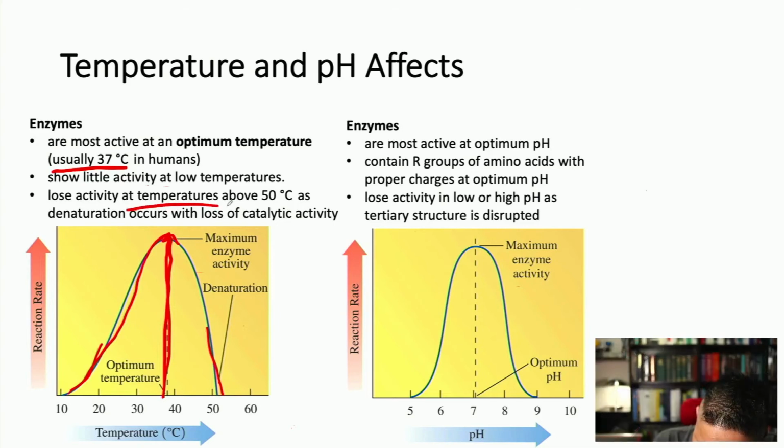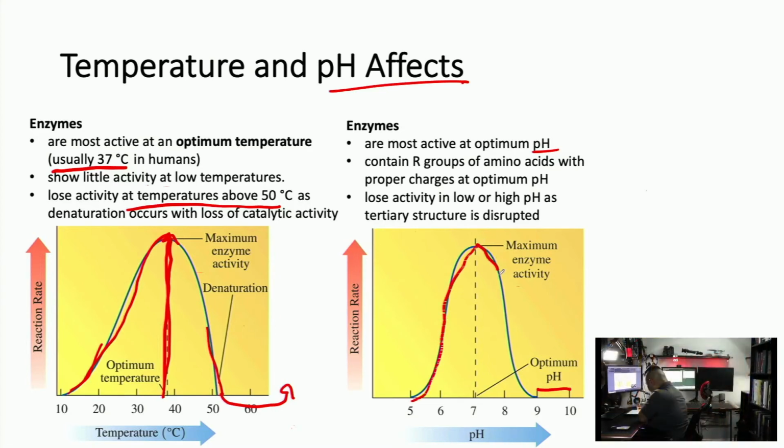You start losing activity at a temperature above 50 degrees Celsius. Hell, if you bring it up to 95 though, like in polymerase chain reaction, the enzyme's dead. Other things that also affect enzyme activity include pH, right? A good example of this is that we have an optimal pH of 7.4 in most cells. Enzyme activity goes up all the way to its peak at 7.4, and then it goes back down when it gets too basic.